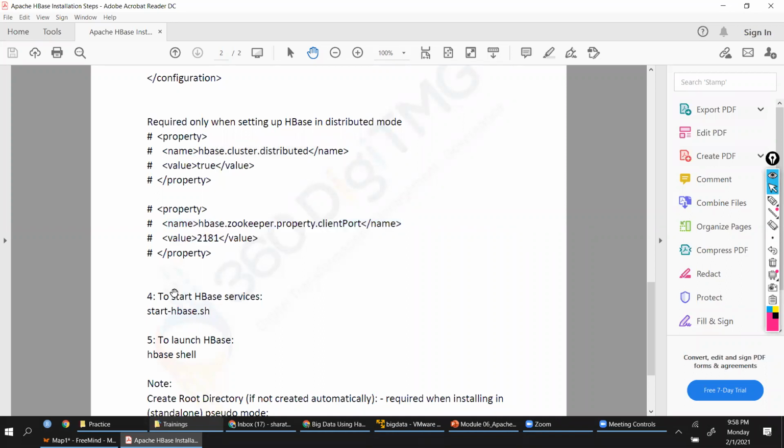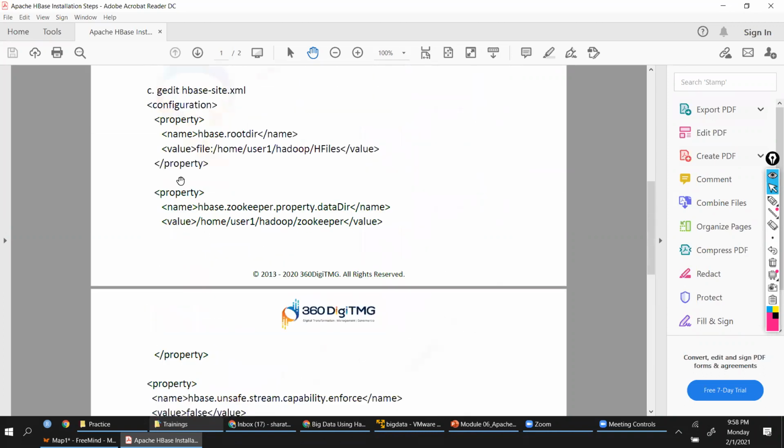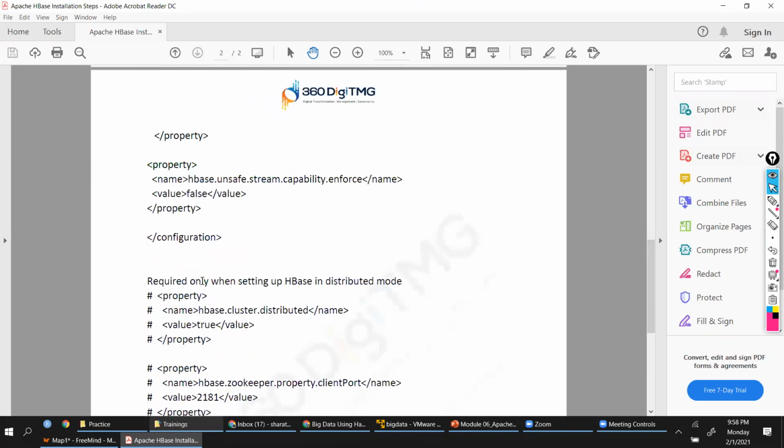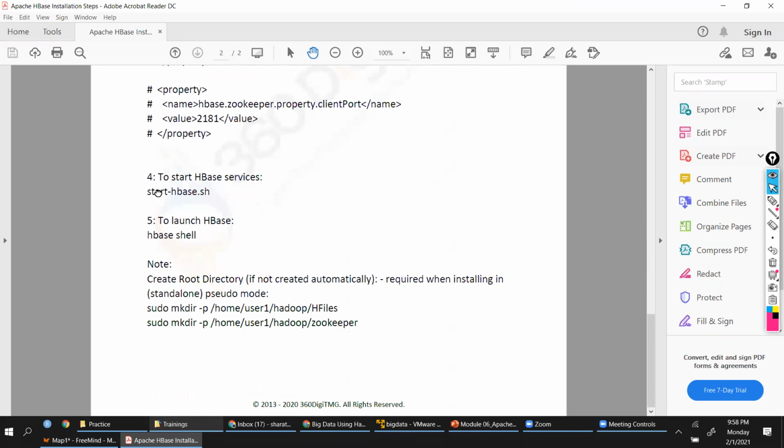So you'll have to give that information. But for the standalone installation that we are doing, these settings are good enough. We simply start the HBase services, just like how we start DFS and YARN services for Hadoop. Here we start HBase services and then start using. This is how we launch the HBase shell.